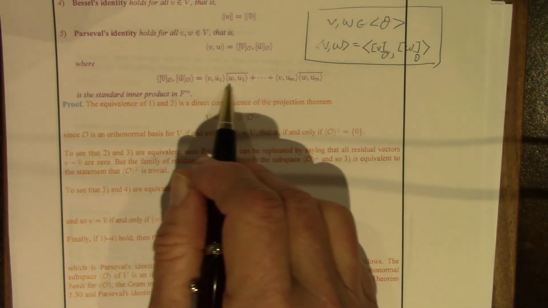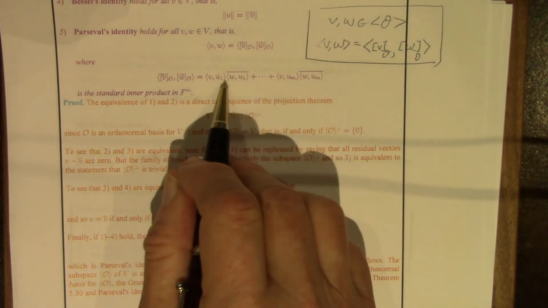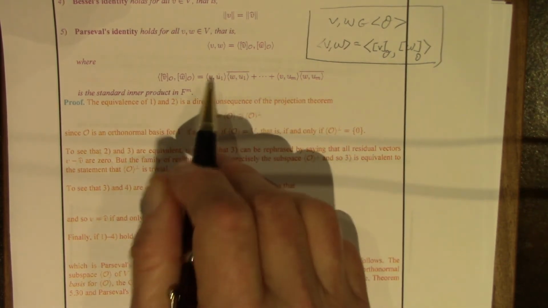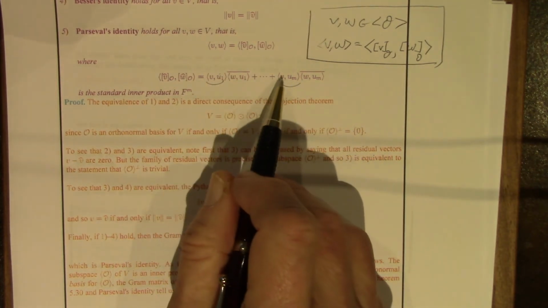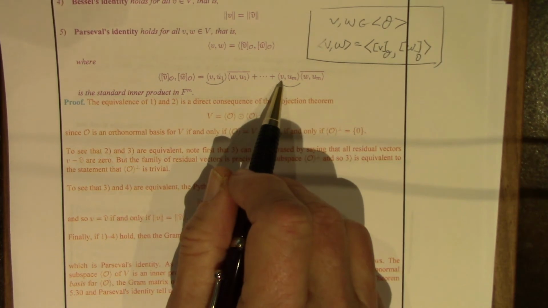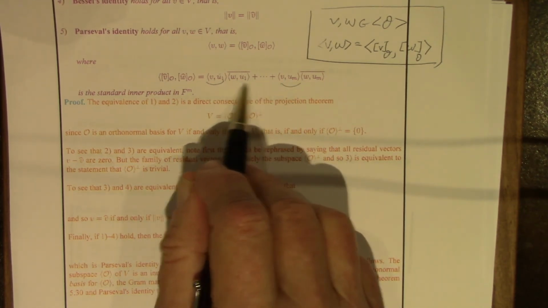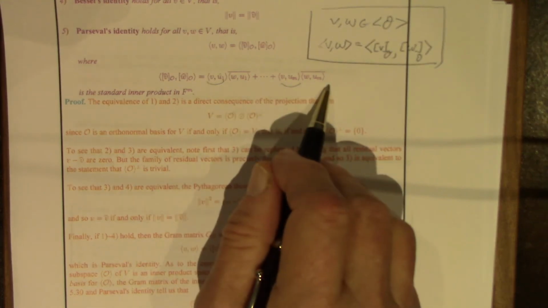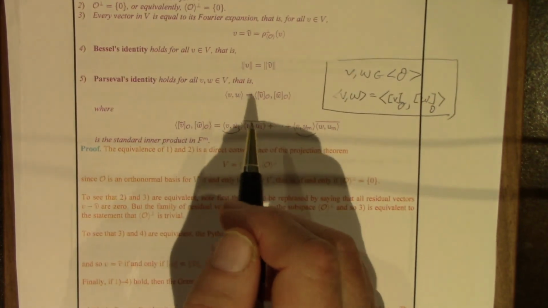This is what this inner product looks like. These are the coefficients. The first group here, these are the coefficients of the projection of V onto the subspace spanned by O, and same for the second components. All right, now, as to the proof,